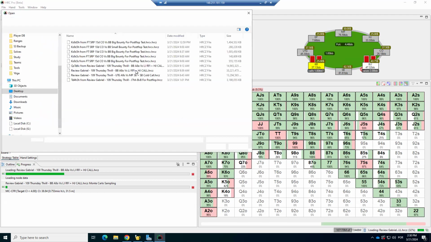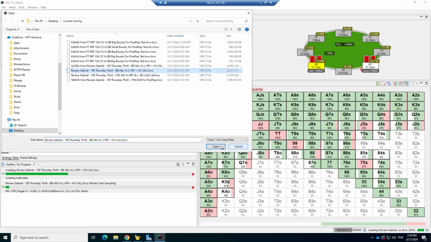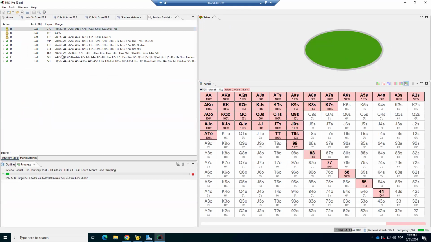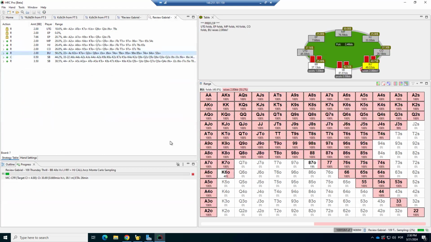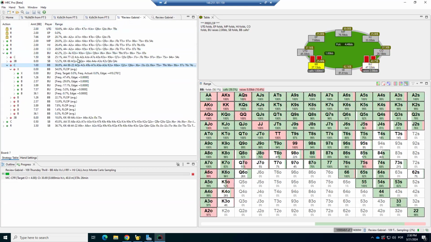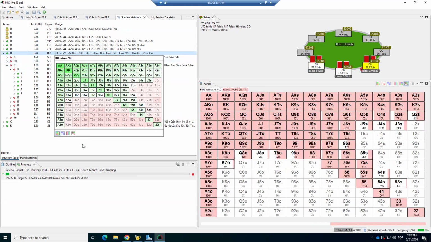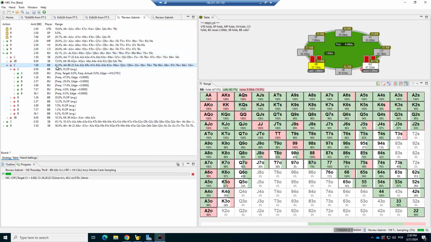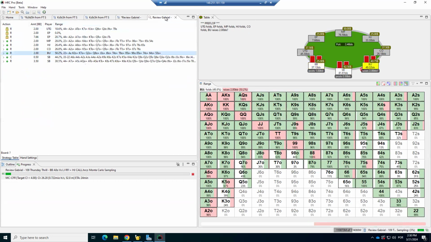Another thing that you can do with HRC. Let's pick again this sim. The sim in theory was something like this. 42, right? 43, and the big blind was playing 42% calls, 10% raises,